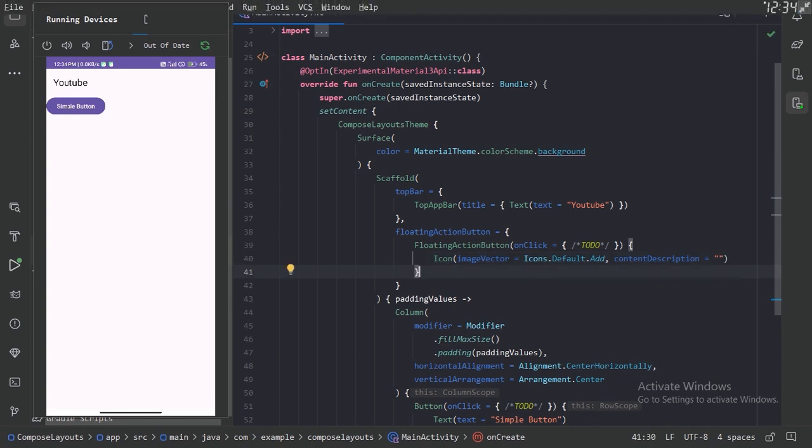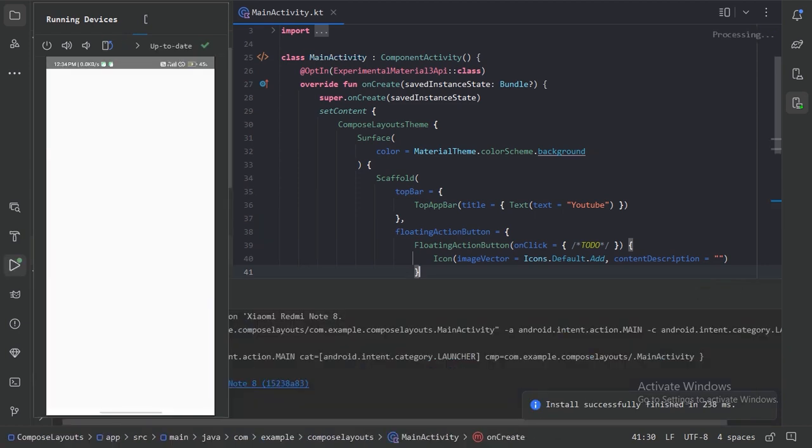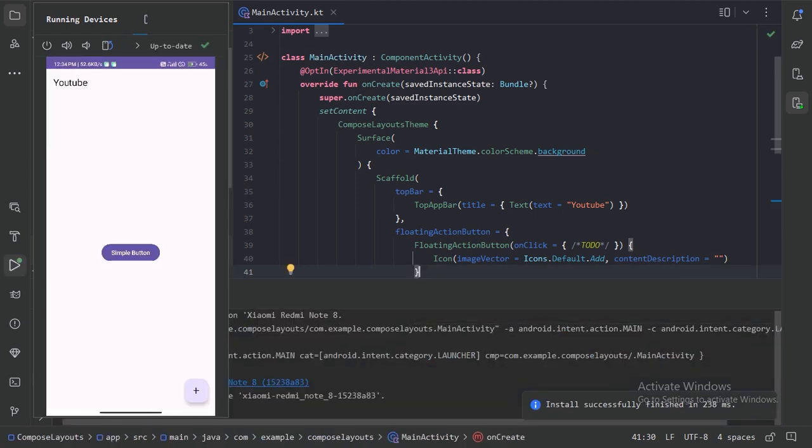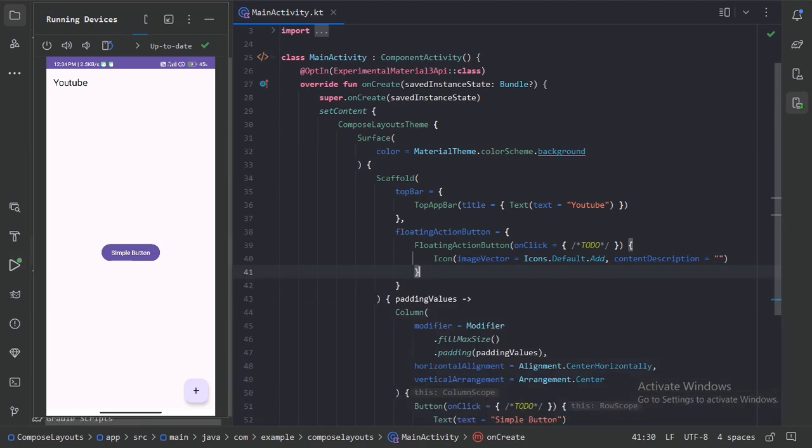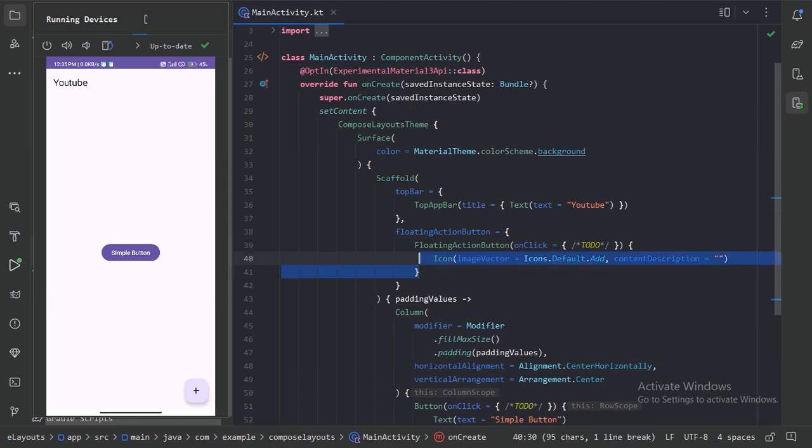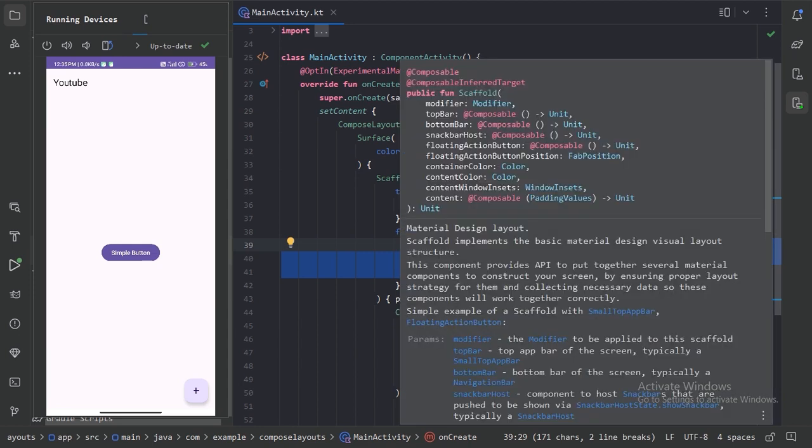Now let's run it again and see. So here we can see this scaffold has placed that floating action button in the bottom right corner, and we can see we have not provided any position to this floating action button, but still it has been placed by this scaffold. So this scaffold offers default slots for these values.